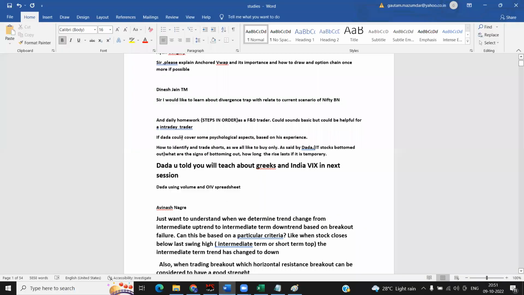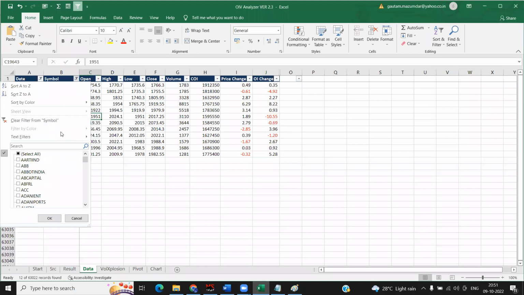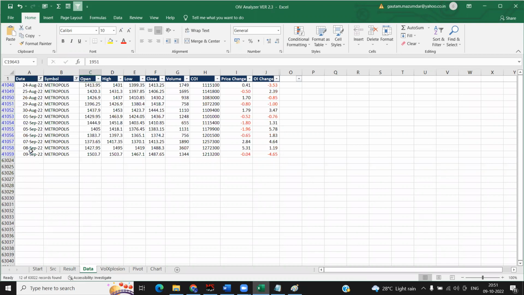The last question is, Metropolis OI has hugely built up, sir. Yeah, that's quite interesting, very huge. I asked because I am 100 points plus in it, so I just want to know whether I should get out or not. It's quite a good build-up. Last day, some shedding has happened. This one is quite a good build-up, 111 to 127. Well, quite good. It's on the positive side only. Nothing to worry about as of now.